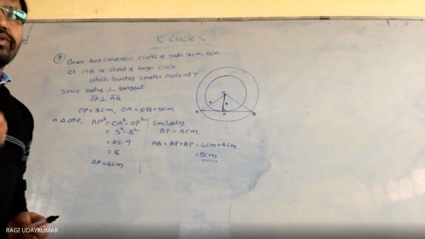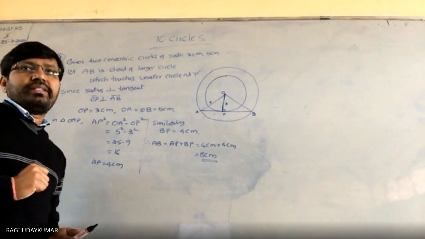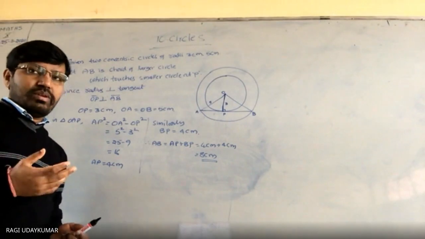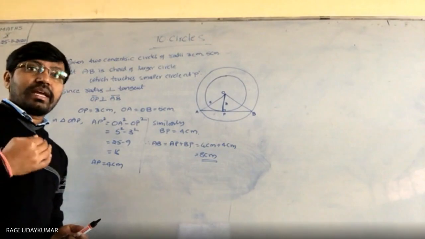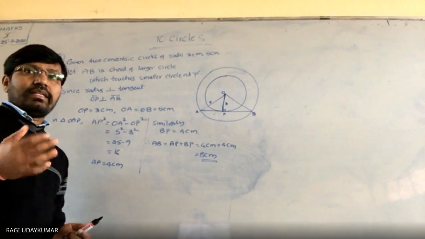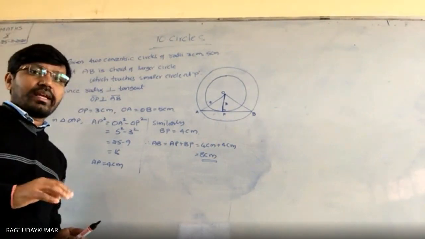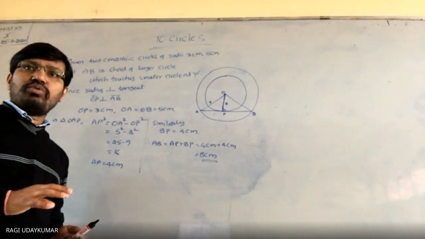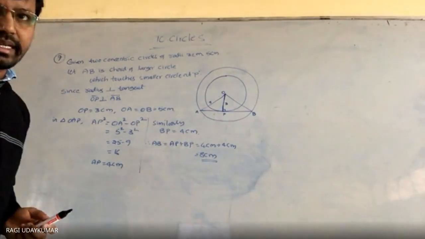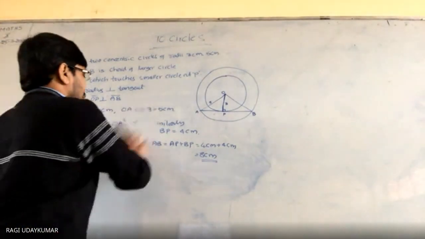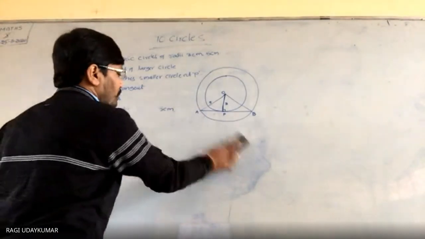So next question, if you see the 8th question: a quadrilateral ABCD is drawn to circumscribe a circle. The quadrilateral is drawn around the circle, to circumscribe the circle. So prove that. Here ABCD and a circle are given to you, and you can observe the figure. The figure is given, 10.12 figure C.